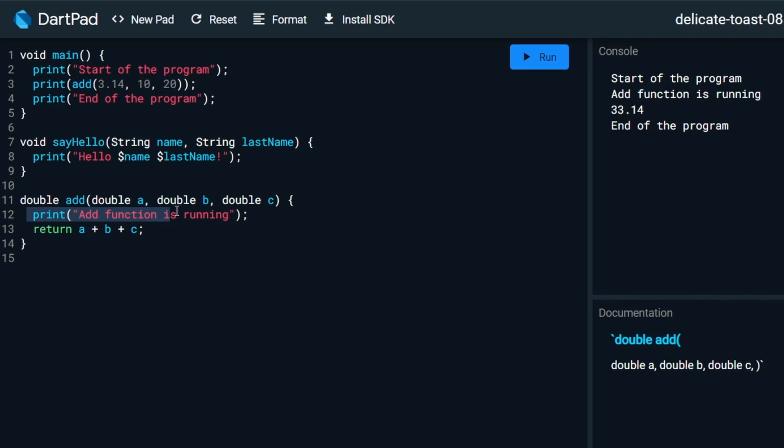It is going to run this particular print function, that is add function is running. Then it is going to calculate a plus b plus c, and whatever the result is, it is going to return back over here in line number 3. The print function is going to take that result and then print it to the console, and then finally it is going to print end of the program. That's how functions work.